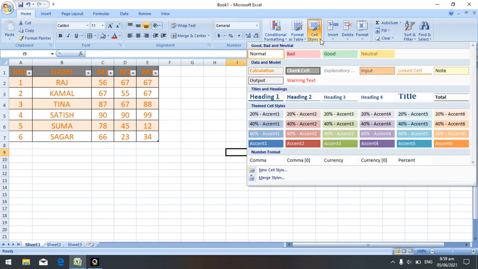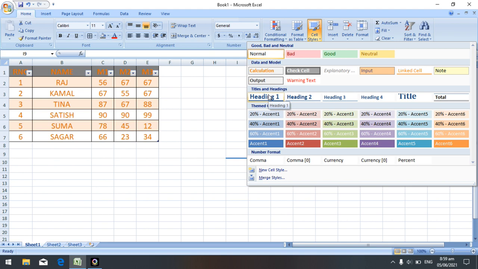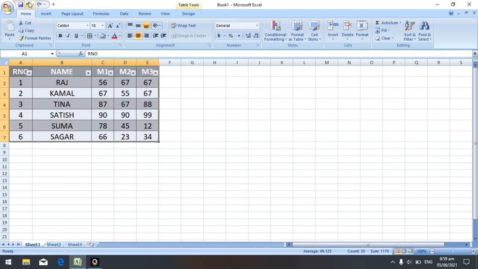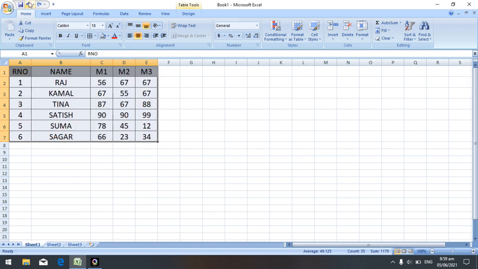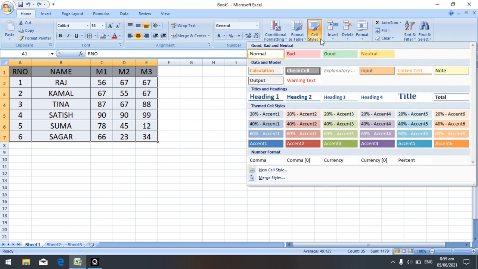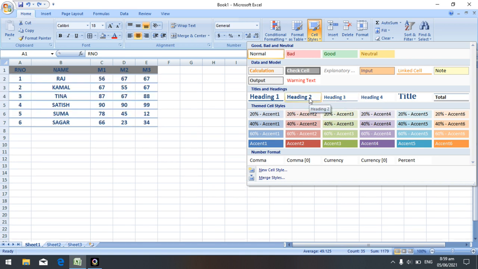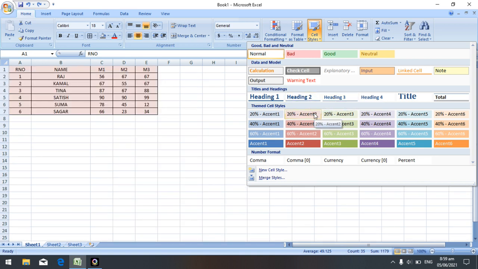Next one is cell styles. For each cell style we can give different headings, so that is also possible. Before that we have to select the table. So I will undo first. Different headings are available, so whichever you want, you can apply the cell styles.